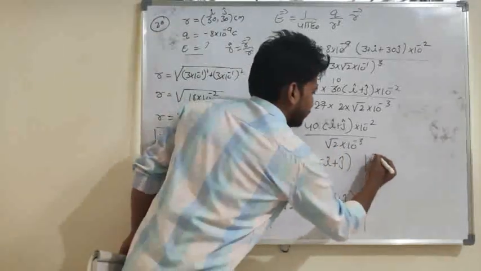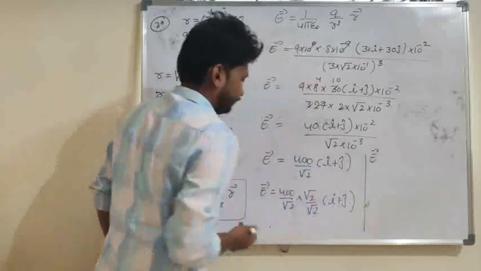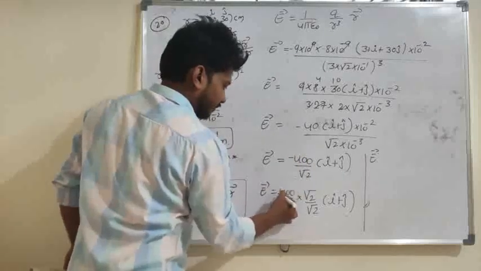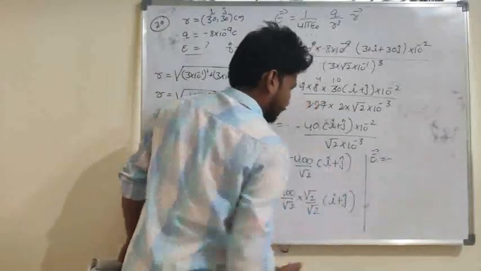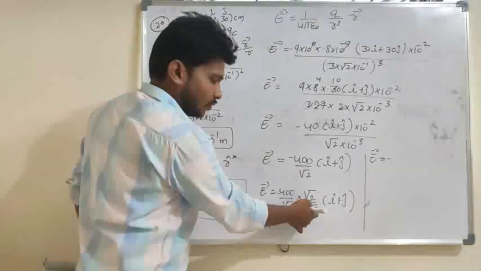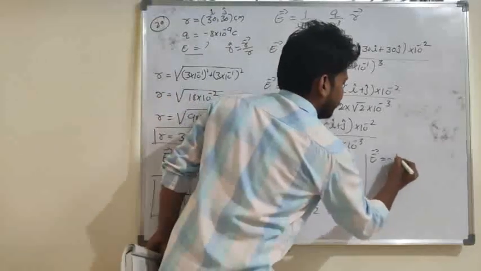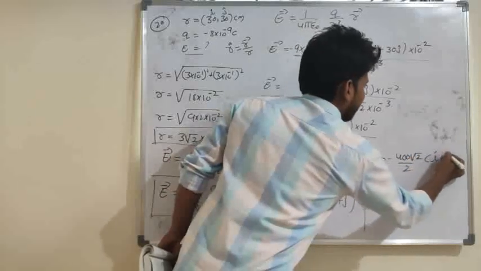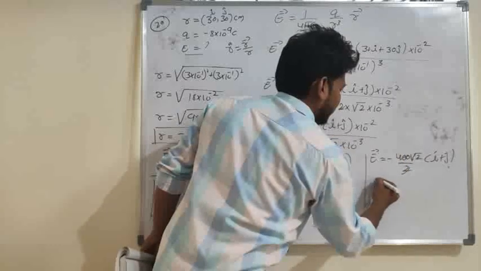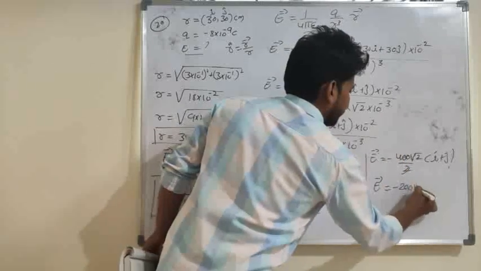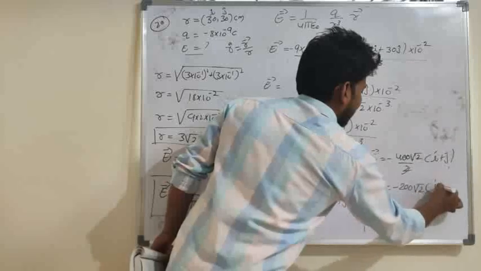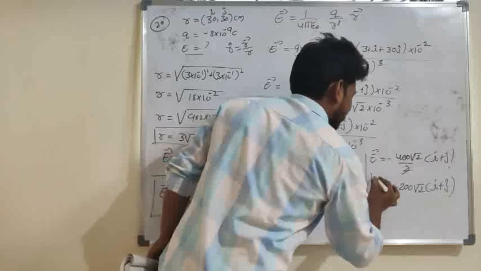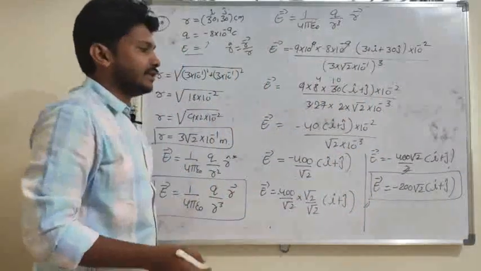So look at here, E is equal to, if you consider the negative sign, you may consider that negative value here. So E is equal to minus of, root 2 into root 2 is nothing but 2 here. So 400 into root 2 divided by 2, i cap plus j cap. So finally E is equal to minus 200 root 2 into i cap plus j cap. So what is the final answer here? So vector E, electric field, is equal to minus